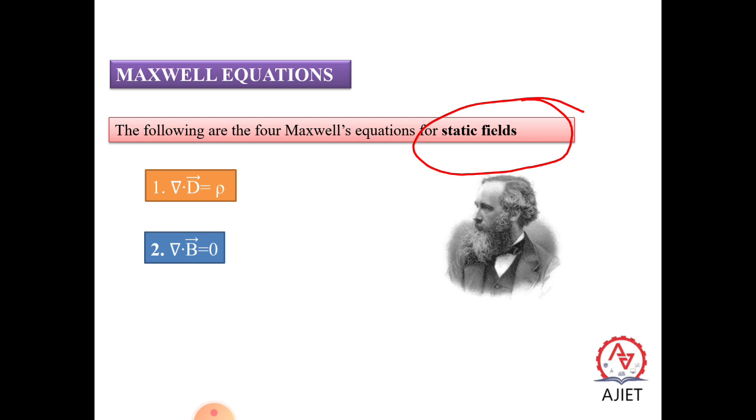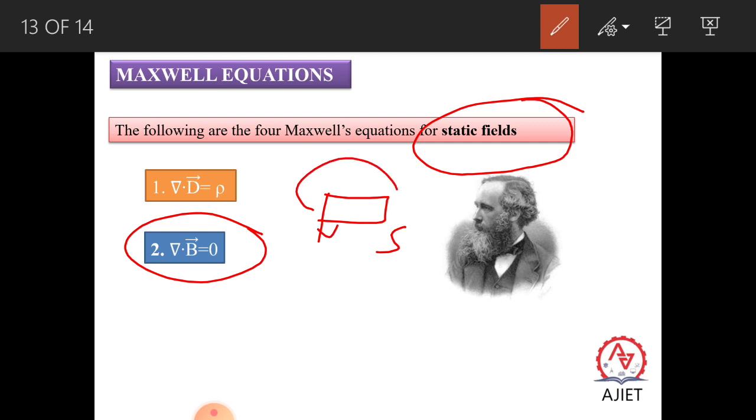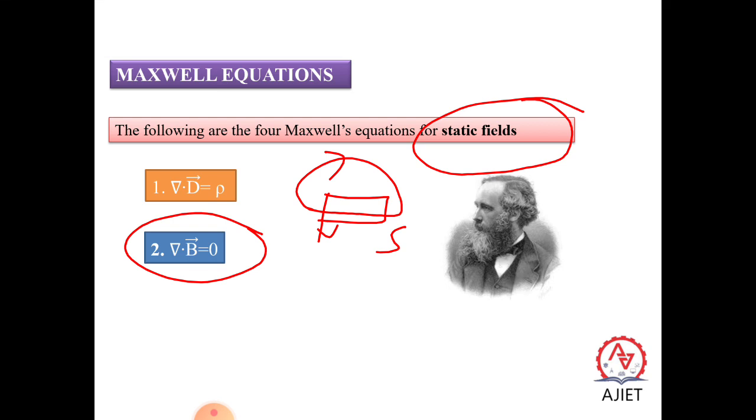This is the divergence of the magnetic field. The magnetic field forms a closed loop, with the north pole and south pole, so it forms a closed loop like this. The divergence of a closed loop is always equal to 0. What about the divergence of an open loop? It is not equal to 0. The curl of an open loop is equal to 0, while the curl of a closed loop is not equal to 0. So this is the second equation, a very important one. Del dot D is equal to rho, and the second, del dot B is equal to 0.